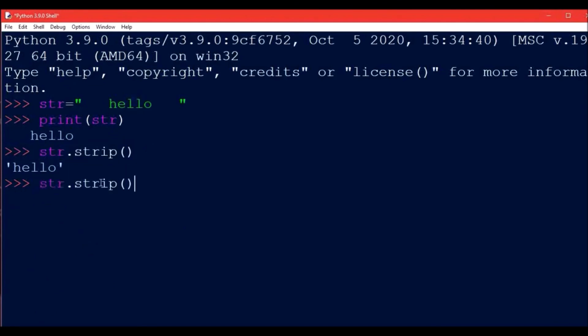str.lstrip. Now in this case what will happen is that the white spaces from the left will be removed. The 3 spaces that were there have been removed, and the right spaces will remain as it is. Now if I write rstrip, then what will happen? The spaces from the right, the 3 white spaces on the right hand side, will be removed, and the spaces on the left will keep on existing.